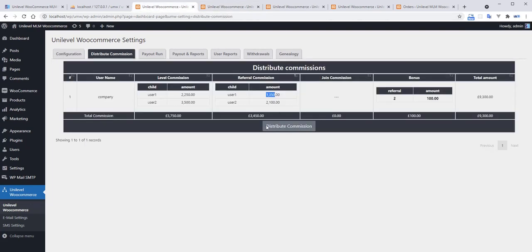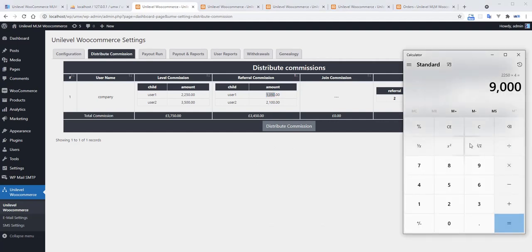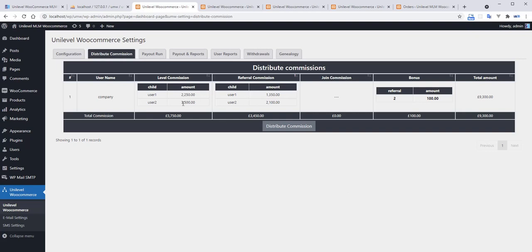So if we will consider the 9,000 15%, what will be the costing of that one? 9,000 into 0.15. So this is the 1350. Same thing with the user 2. So now the 2 types of the commissions company is getting. Another type of the commission here is the bonus.